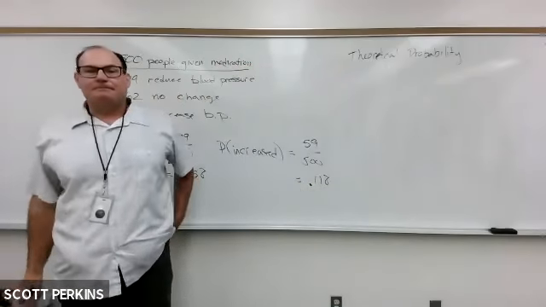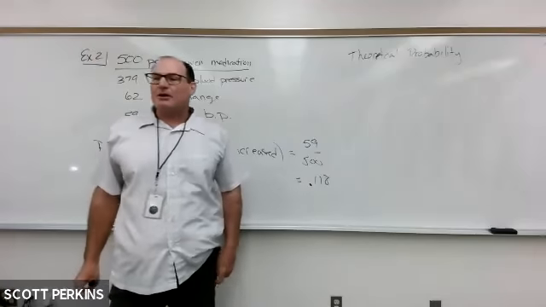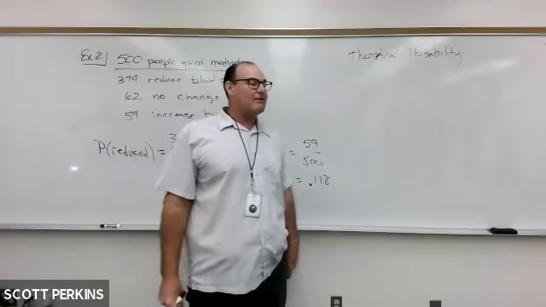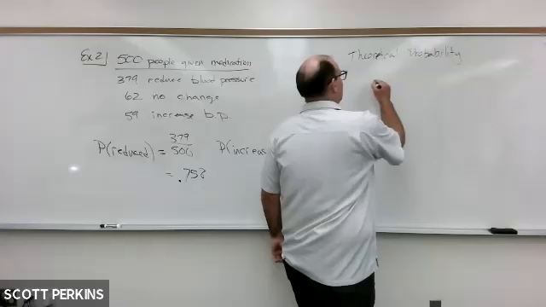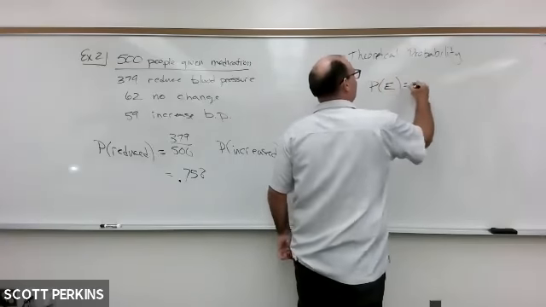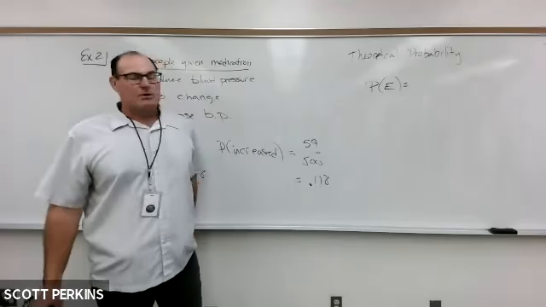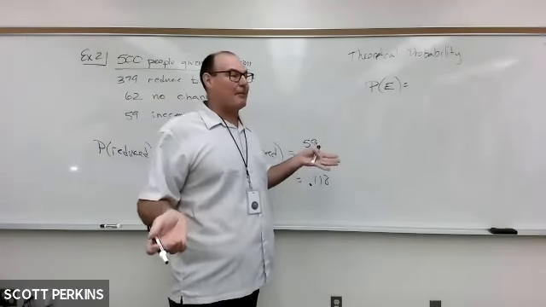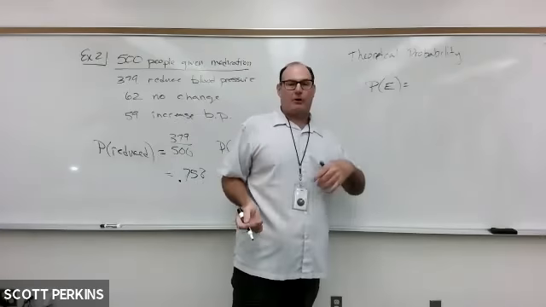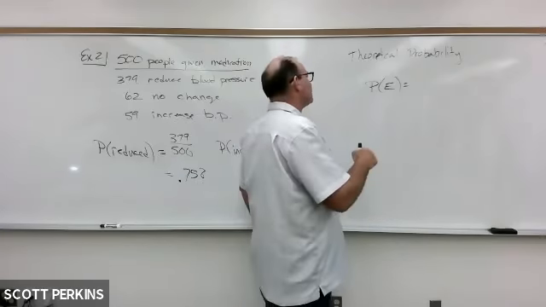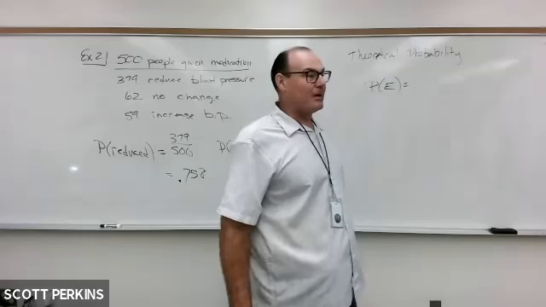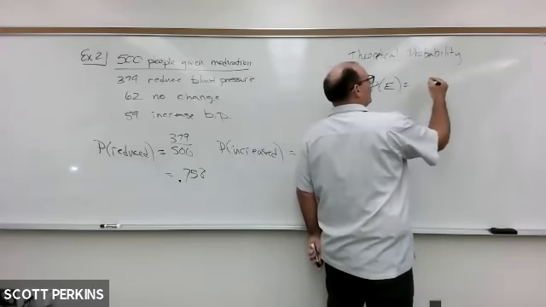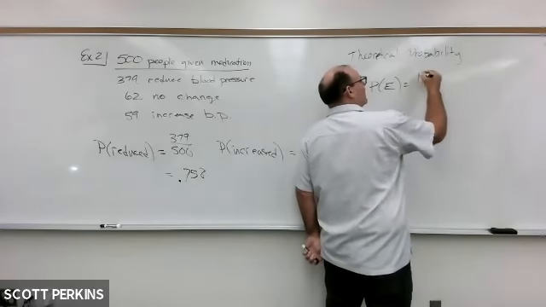Theoretical probability. So sometimes we want to know what should happen, even if we don't do the experiment. So the theoretical probability, the probability of an event, is when you're thinking through the things that could happen, like when you're flipping a coin or rolling a die or other situations that we will encounter. The numerator, it's very similar, the verbiage is a little different. The numerator is the number of